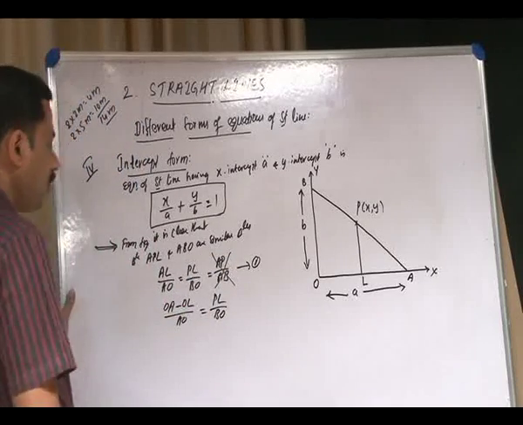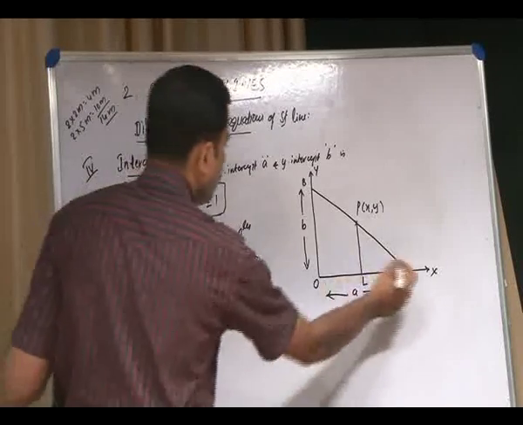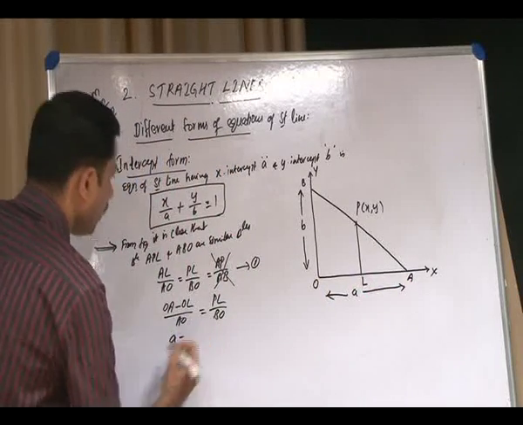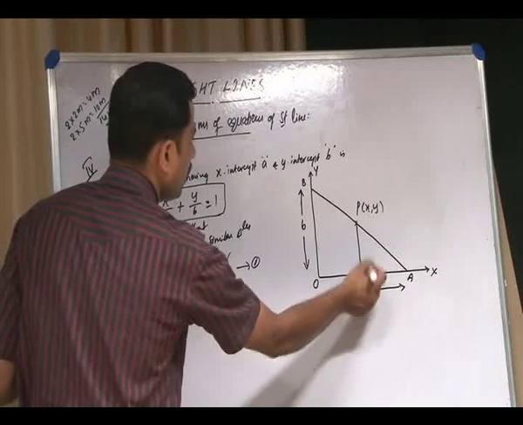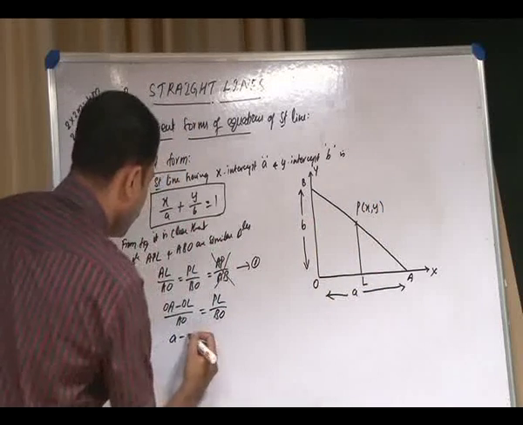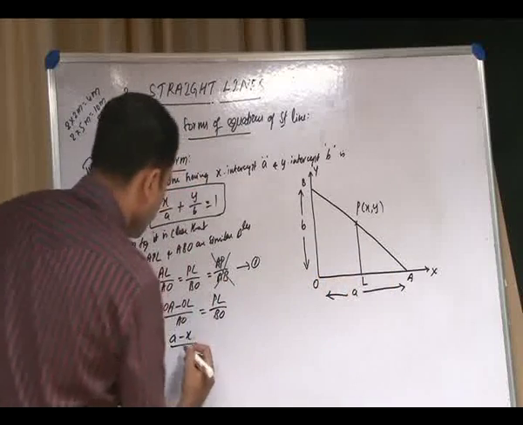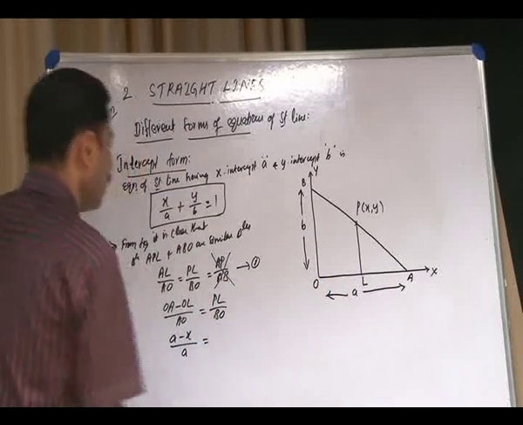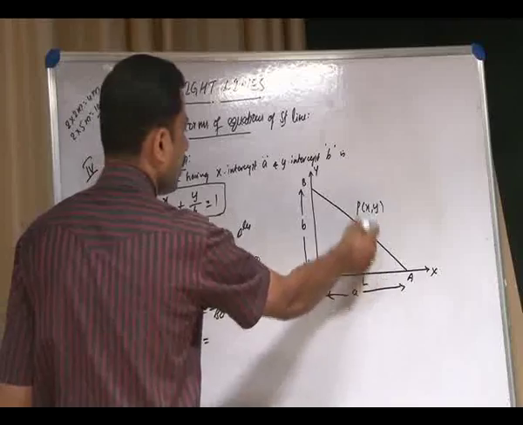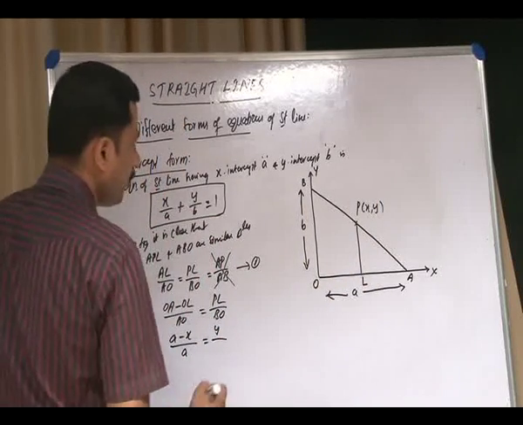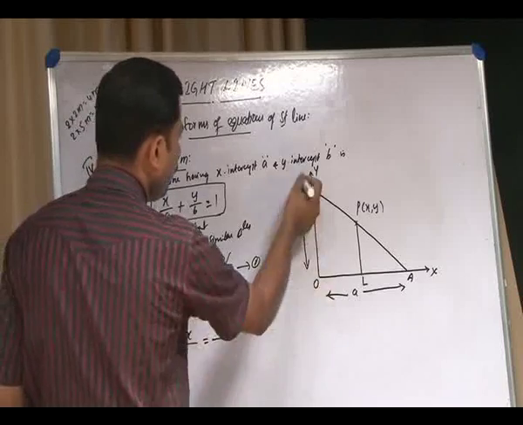Substituting the corresponding coordinates, OA is taken as the x intercept, that is small a, minus OL is nothing but the x coordinate of point B, that is x, divided by AO, which is nothing but the x intercept a, is equal to PL, which is nothing but the y coordinate of point B, y, divided by BO, which is nothing but